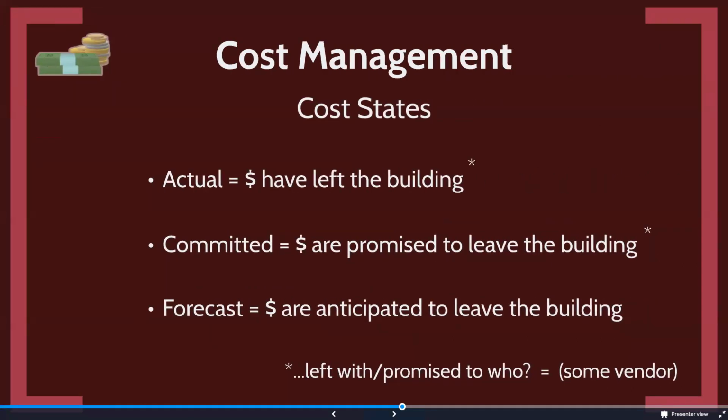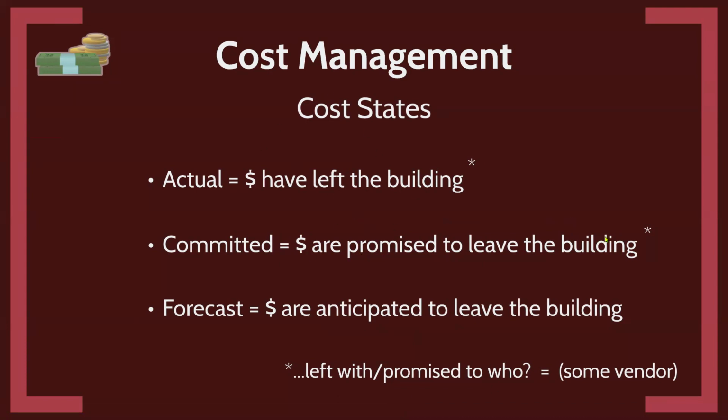So we just want to keep, and again, you go back to one of the earlier webinars, we talked about progressive elaboration, and we want to keep progressively elaborating our estimates. Okay, so now costs can also have states, basically. And so an easy model, and again, we've sort of built InScope with this premise, is an easy model to think about in terms of actual costs, committed costs, or contracted costs, whatever term fits there, and encumbered is also another common term, and forecasted costs.